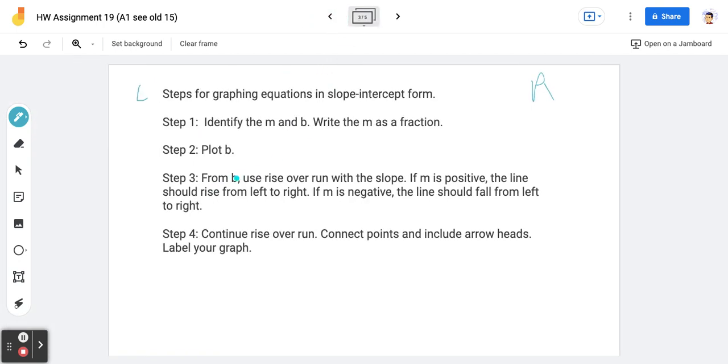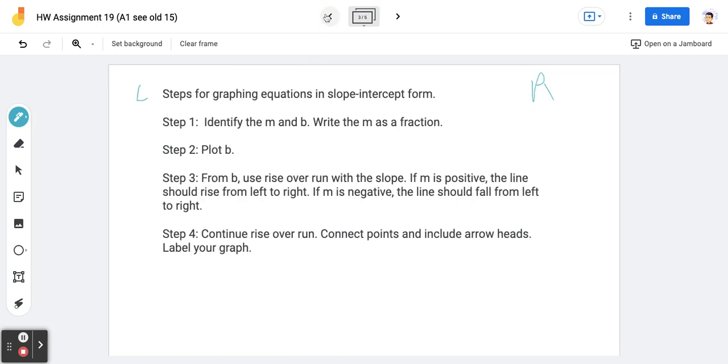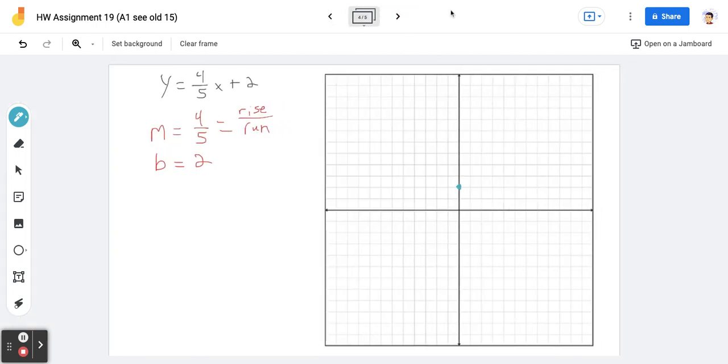Step 3, from b, okay, this is the part where we can get messy. From b, we're going to use rise over run with our slope. If m is positive, the line should rise from left to right. So m, our slope, is positive. I see it's a positive 4/5. So let me change up my color just so we can see what I'm doing here. From my y-intercept, from b, yeah, from the y-intercept,